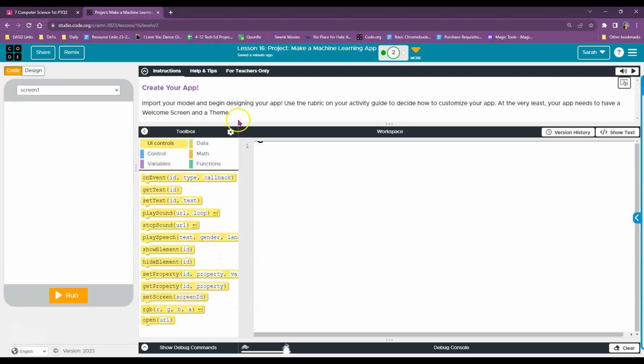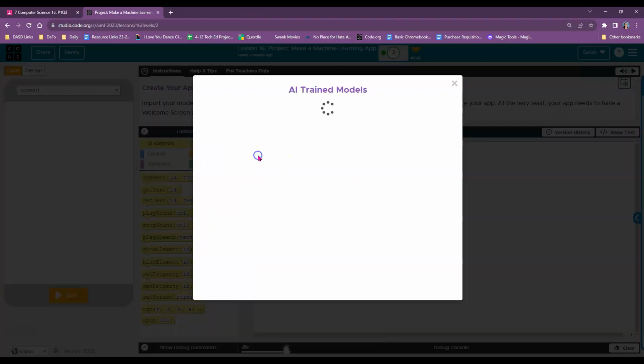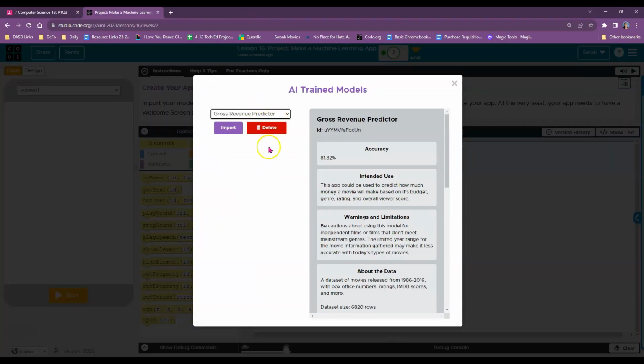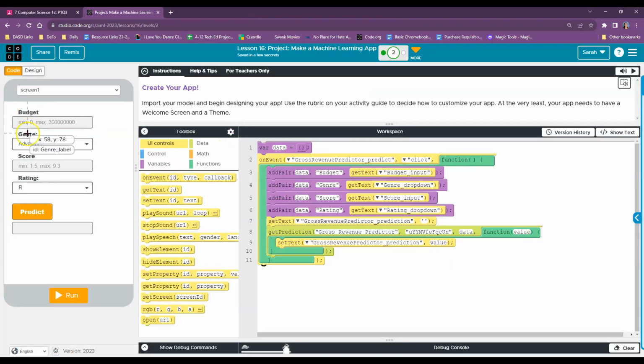The next part is going to be importing your data model. So we're going to go here and we're going to say Manage AI Models. You're going to find your model. Mine was Gross Revenue Predictor, and import it. Now remember, when it imports, it gives us these labels here, but they really aren't the questions that we would want. So once you've imported your data model, you have to start